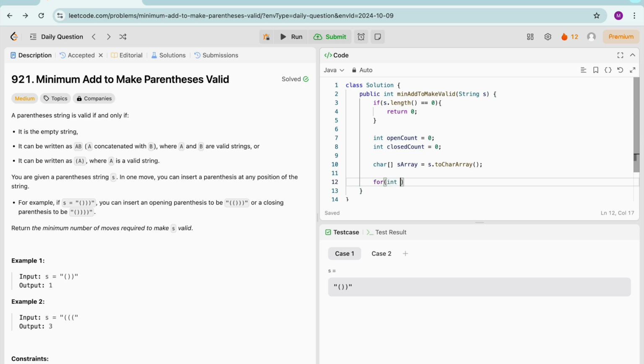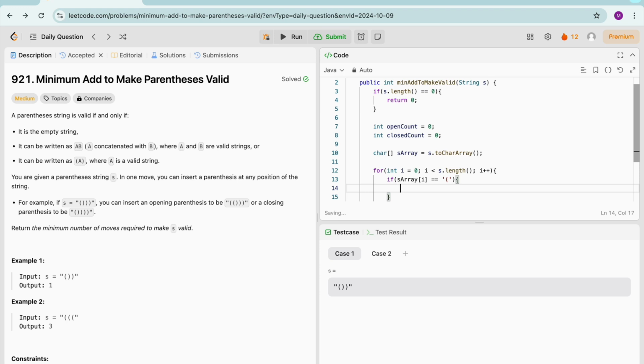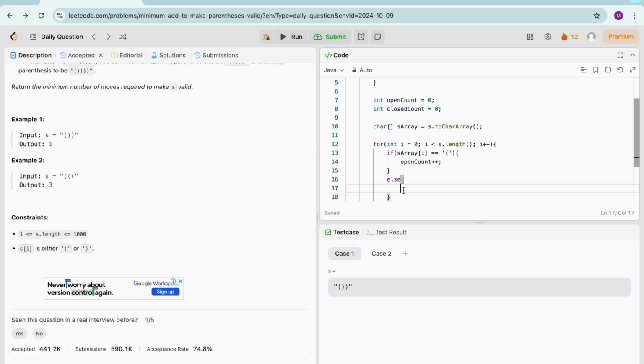Now for int i equals 0, i less than s dot length, i plus plus, we are going to traverse this string and we will check if sArray of i is an open bracket. If that is the case, we will increment the open count. Else we will check if